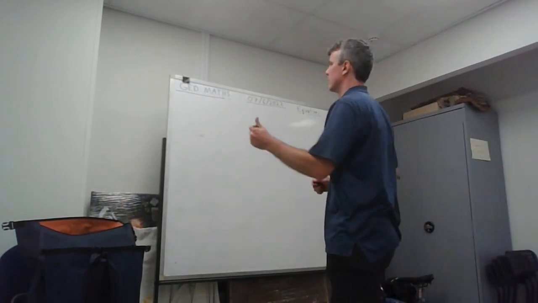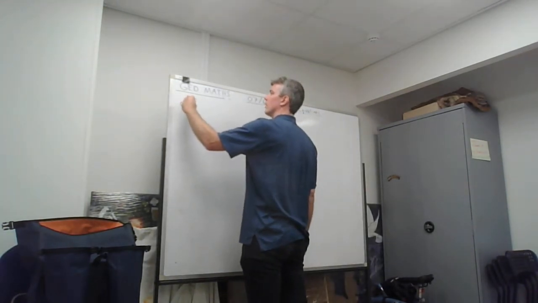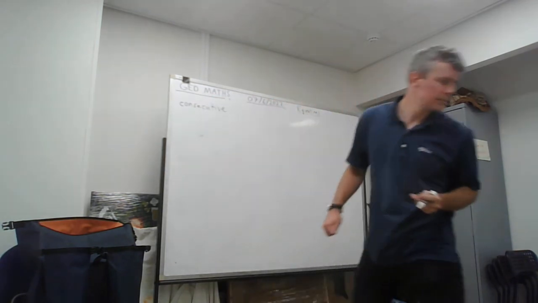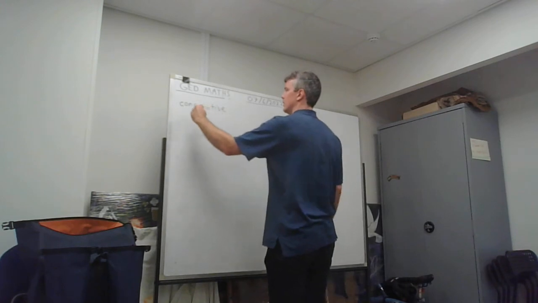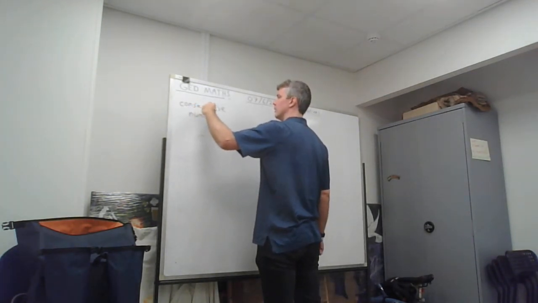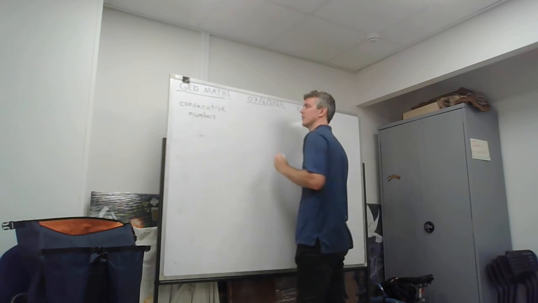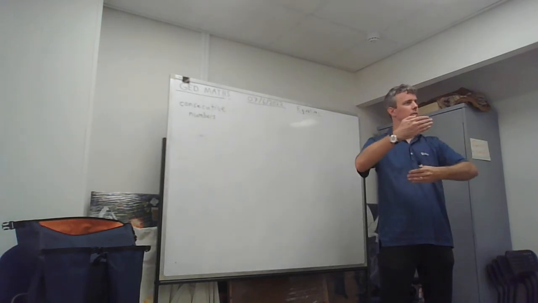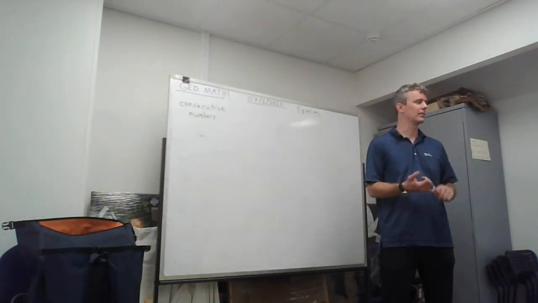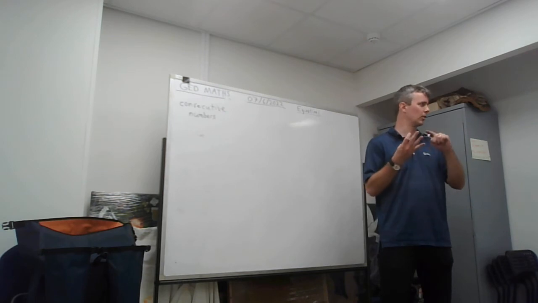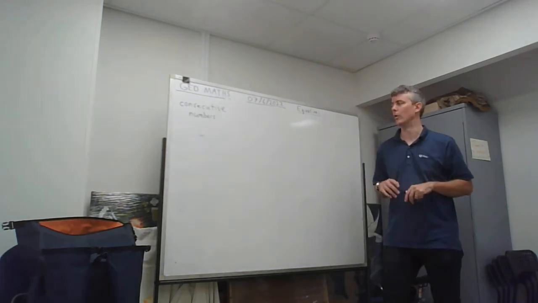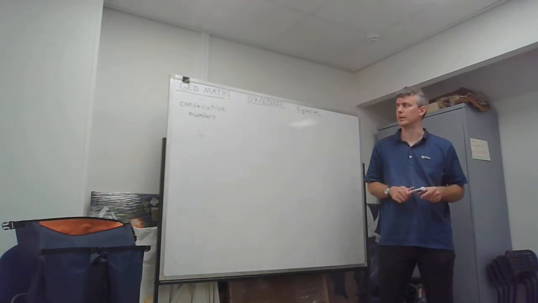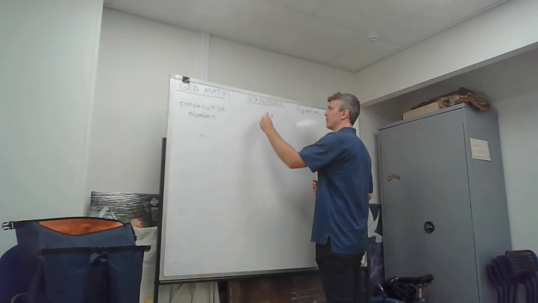Now, this word: consecutive. We'll start at consecutive numbers. The fancy word is saying it comes one after the other. So consecutive numbers are like 6, 7, 8, 9. They all go one after the other. Or 2, 3, 4. It basically just means it's one after the other. It's a consecutive number. So if you have a word problem saying,